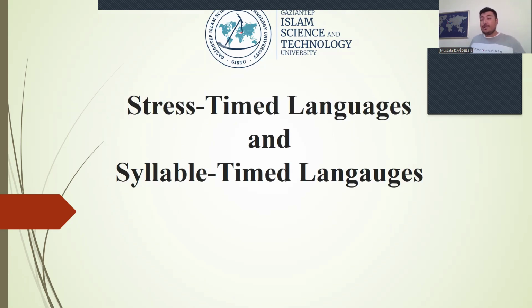English is a stress-timed language because we put the stress in intervals, which means that we don't put stress on each word or each syllable. We put the stress on words that are important in a sentence in terms of meaning or form. When it comes to a syllable-timed language like Turkish, we give equal prominence to each syllable. That's why we almost never reduce vowels in a sentence or in a word. That's why, when it comes to English, English sounds like